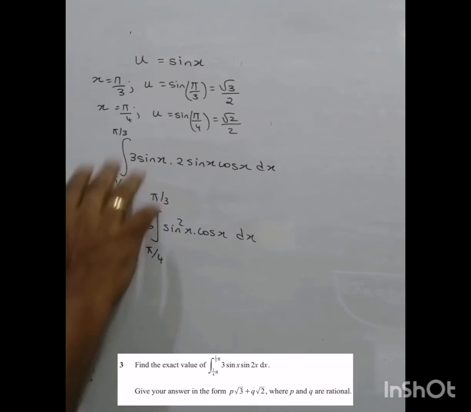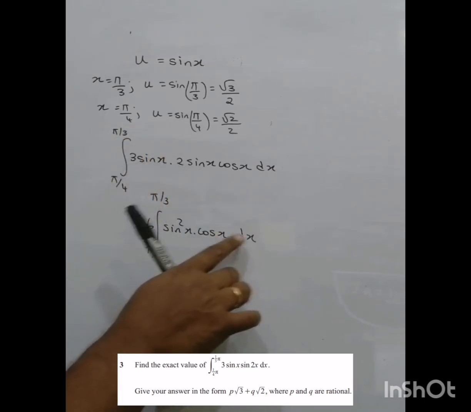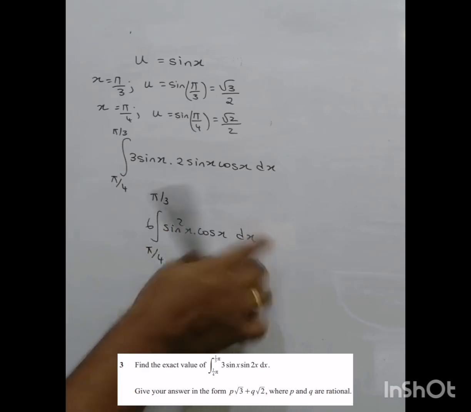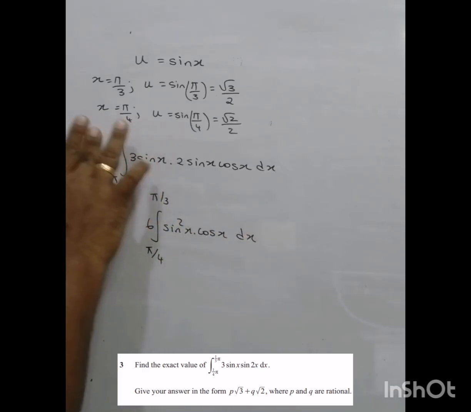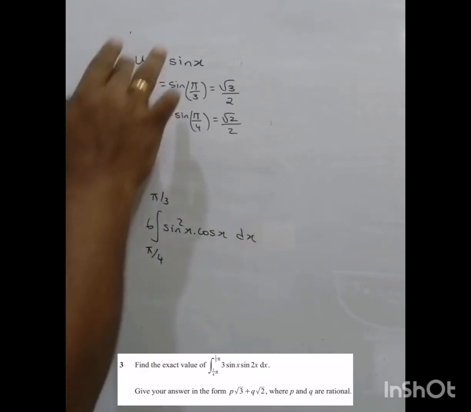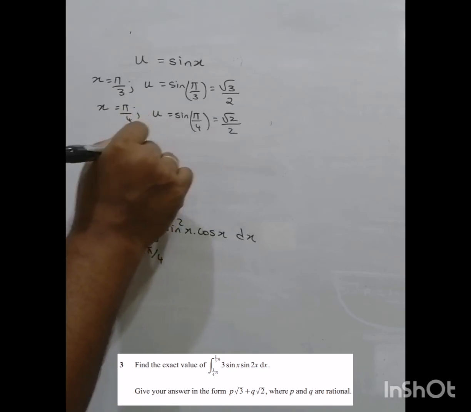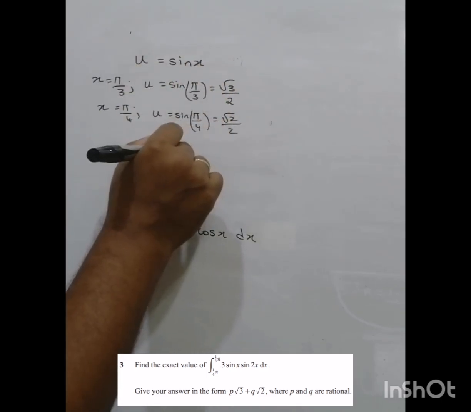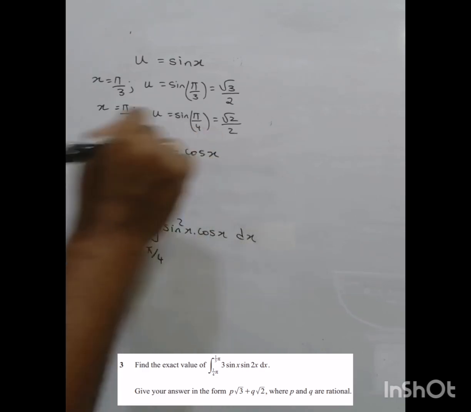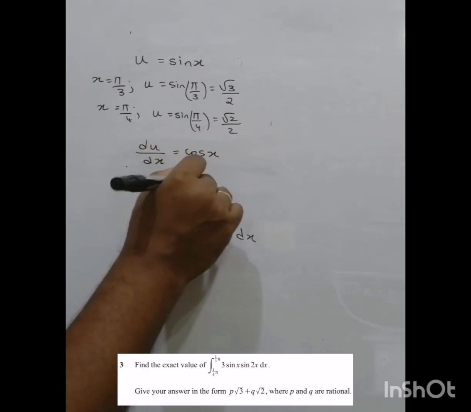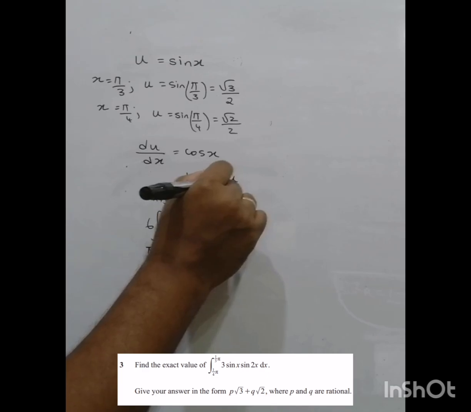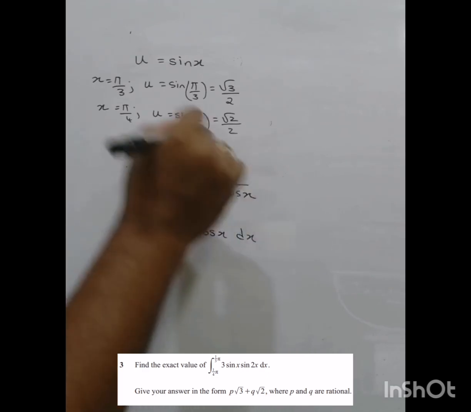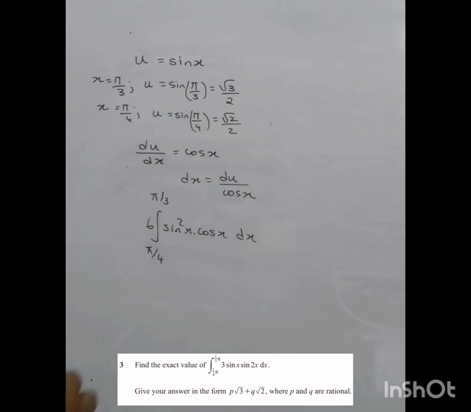Now we can also get dx in terms of du. So we can differentiate: du by dx, that is differentiating sine x with respect to x, would give us cosine of x. So dx is going to be equal to du over cos x. Now we can substitute everything in here and let the terms cancel off